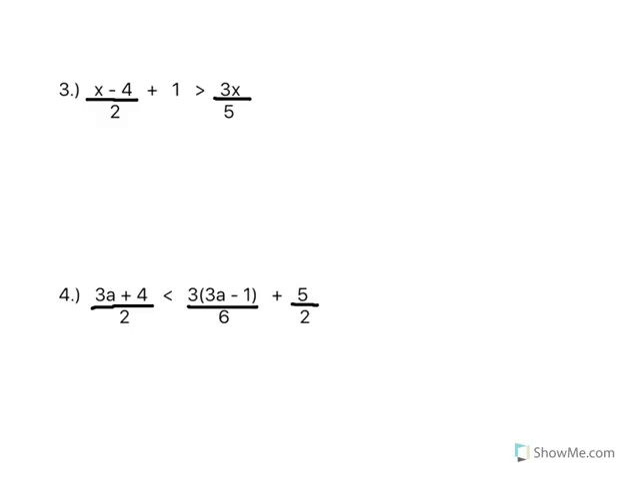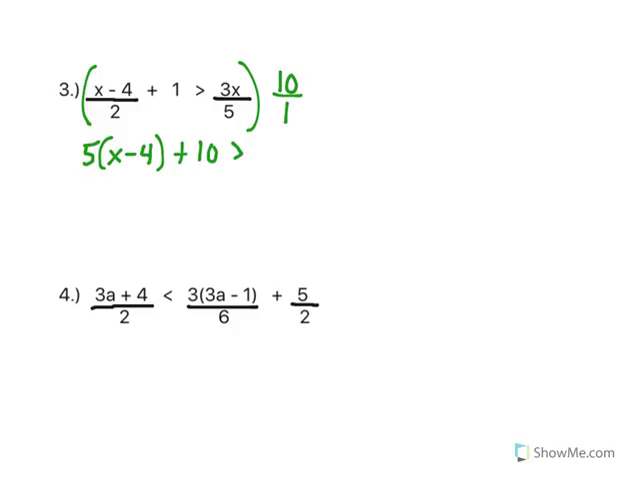The best thing to do here is to just start by clearing fractions. So we're going to use that multiplied by the LCD technique. So we're going to take the entire equation, in this case, multiply it by 10, or 10 over 1. Okay. So that's going to give me 10 divided by 2 for the first fraction is 5. So 5 times x minus 4 plus 1 times 10 is 10, greater than